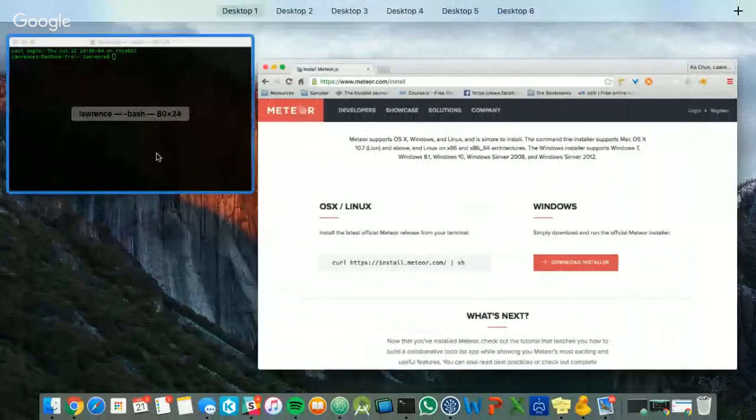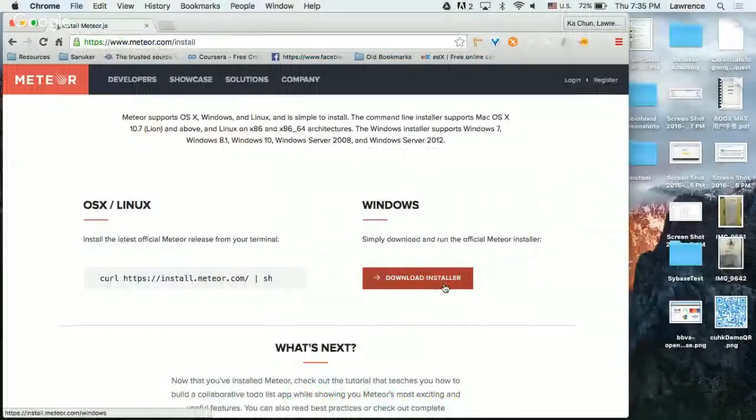It should not take much time. For Windows, you can just download the installer, double click it, and it will install normally. There are other ways, because if your computer is a different version or has different compatibility, Windows sometimes takes more time to install.